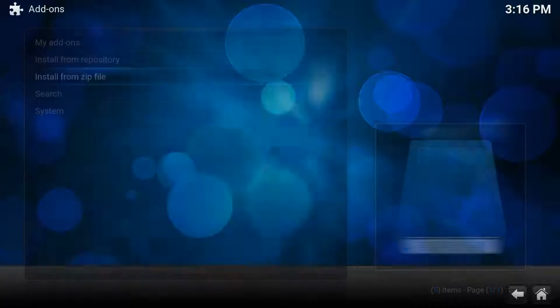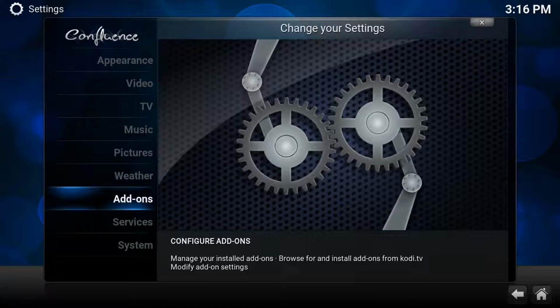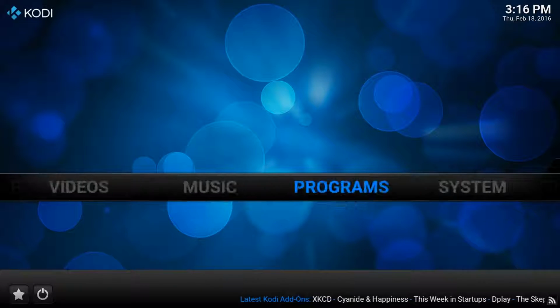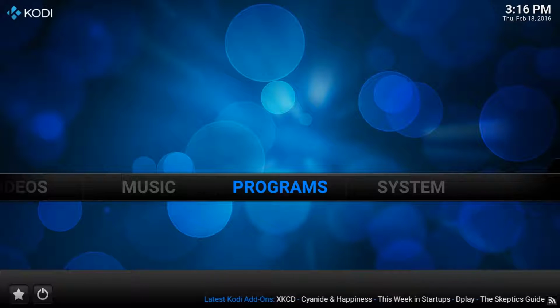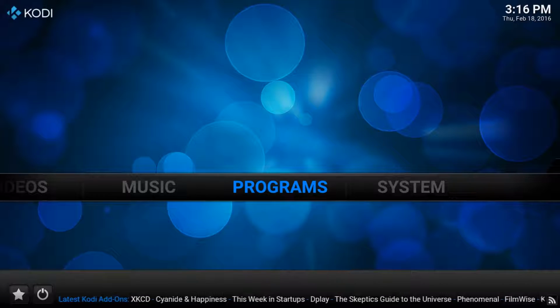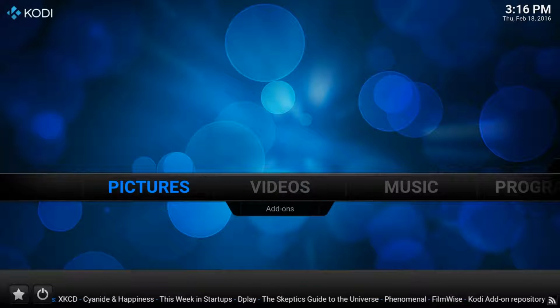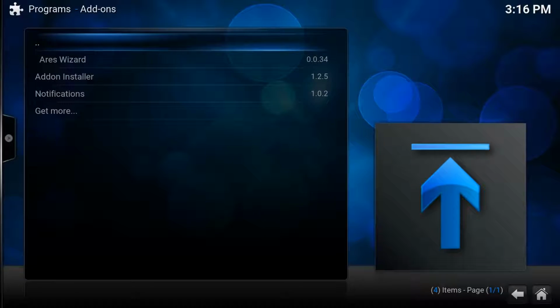Okay, it's given us the wizard error. Sometimes it's because it takes some time for the rest of the stuff to download. However, let's give it a test. Let's see if there is an error. Like I said, sometimes you just have to wait. Because this is a fresh copy of KODI, a lot of the things haven't been updated, a lot of the things haven't been configured correctly in terms of going on the internet and sorting itself out. Because a lot of this is internet based. So what I want to do is go on to programs, and hopefully we should see it in there.